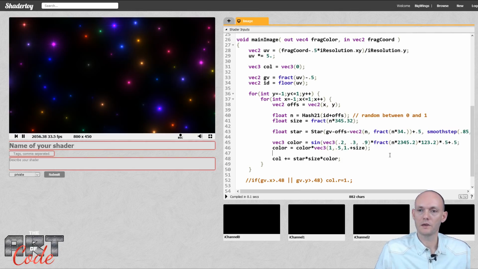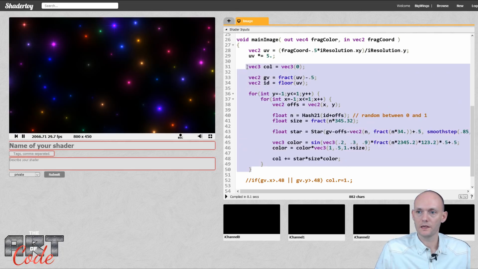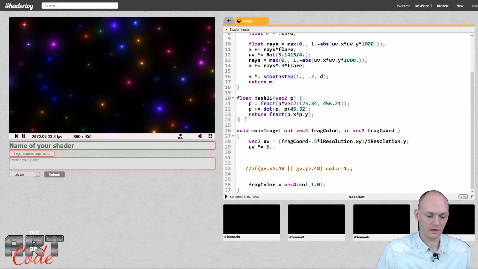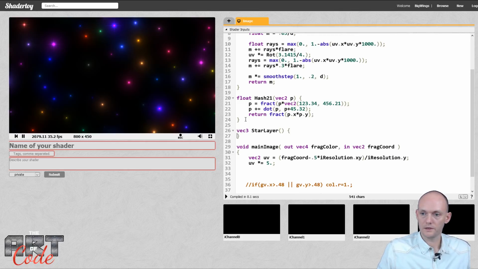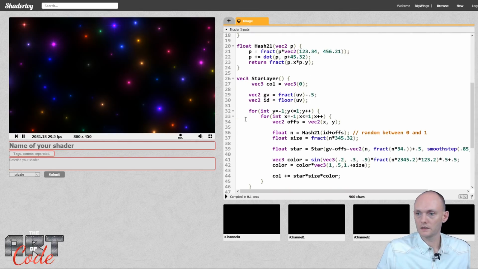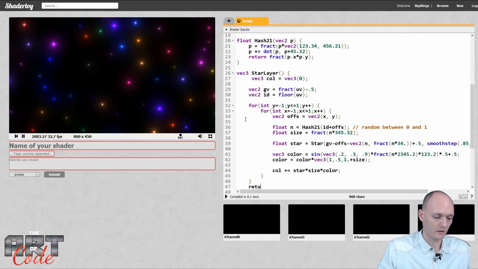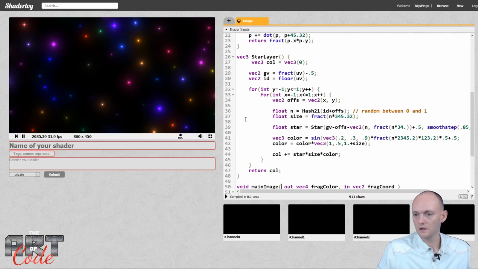So, okay, now we have a layer of stars. And now what I'm going to do is cut this entire thing that we created here, and now I'm going to make a function and I call it star layer. So star layer, and there we go. Stick that whole thing in there, and I'm just going to return the color. So return col,